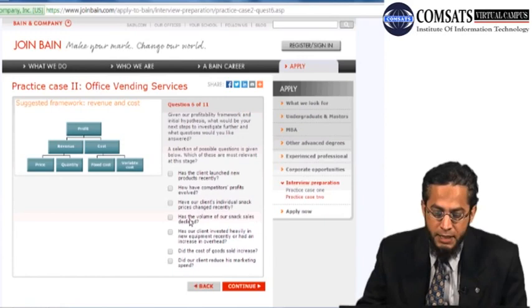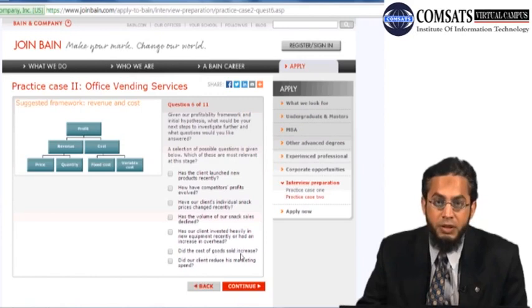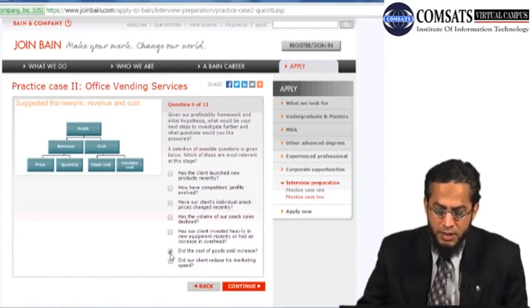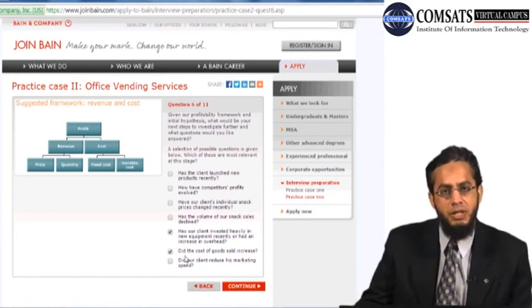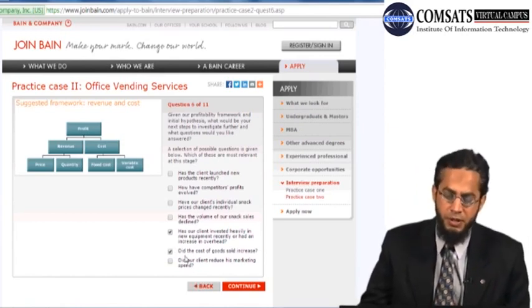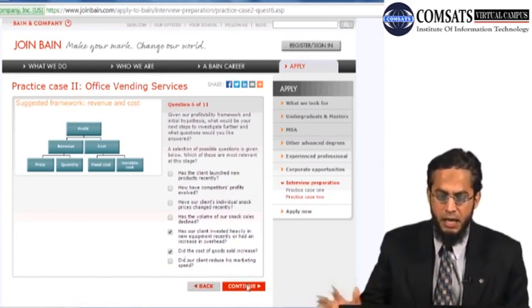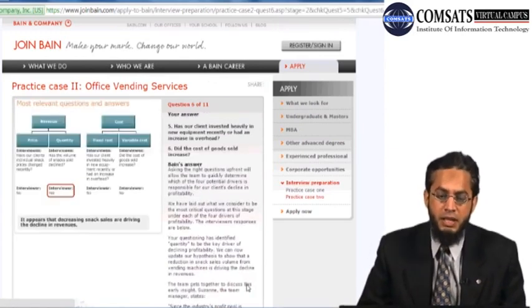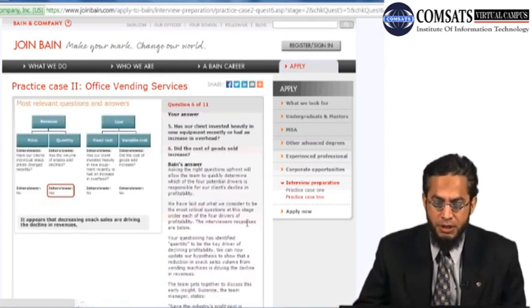हम देखेंगे कि कंपनी का सेल वॉल्यूम कम हो गया है. Has our client invested heavily in new equipment recently, or did the cost of goods sold increase? तो हम देखेंगे कि ये cost of production तो नहीं इसकी increase हो रही. हम देखेंगे कि कंपनी ने कहीं किसी कैपिटल एक्सपेंडिचर में तो नहीं इन्वेस्ट किया, कहीं इंटरनली रिलेटेड इश्यूज। तो अब हम देखते हैं कि आंसर इसका लॉजिकली वे ऑफ एक्सप्लेनेशन क्या है बेसिकली।